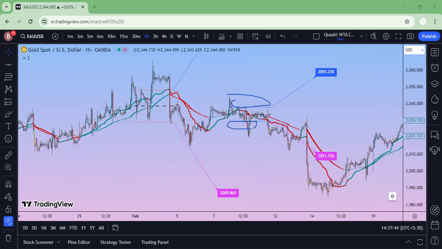So you shorted over here. You got this much of points. After that, this is your stop, which has not been stopped out. But if you're following this particular line, you should exit your trade here with a small profit. Again, both the lines are red. You should short here and your target is achieved. Good, you're getting my point.